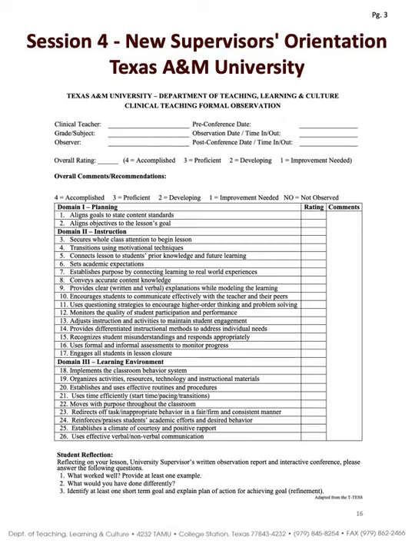You already know that you will formally observe each clinical teacher a total of 4 times during the semester, 2 times prior to the midpoint conference and at least 2 times between the midpoint conference and the final conference. Additional observations may be needed if a clinical teacher is experiencing difficulties. You also know that a pre-conference is conducted prior to each formal observation and that each observation is at least 45 minutes in length.